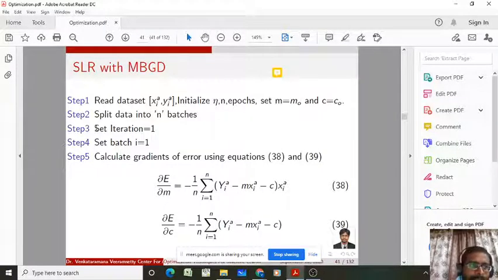Okay. Later set iteration equal to 1, that means we are starting the iteration count at 1. Later we have to set batch i equal to 1. In case of the stochastic gradient descent optimization, we are taking the sample i equal to 1, because for each sample we have to update the parameter. But now we have to update the parameter for each batch, not for each sample. So that's why I have to increment batch by batch. First batch, second batch, third batch, fourth batch, fifth batch, like that. That's why I am starting the batch count, batch i equal to 1, not sample, batch. So batch-wise it is updating.